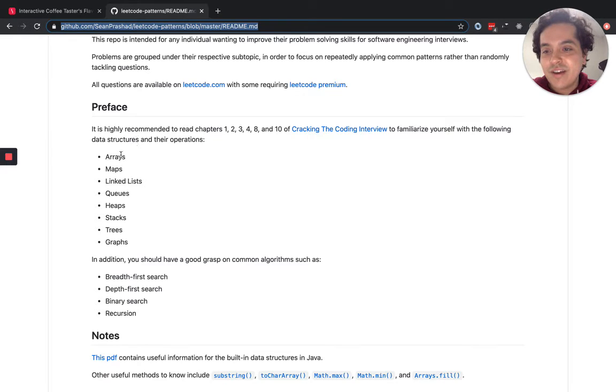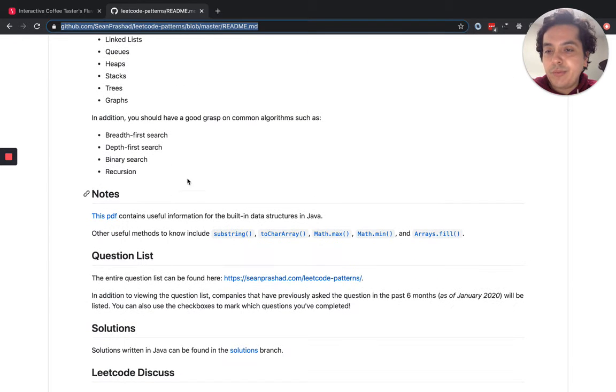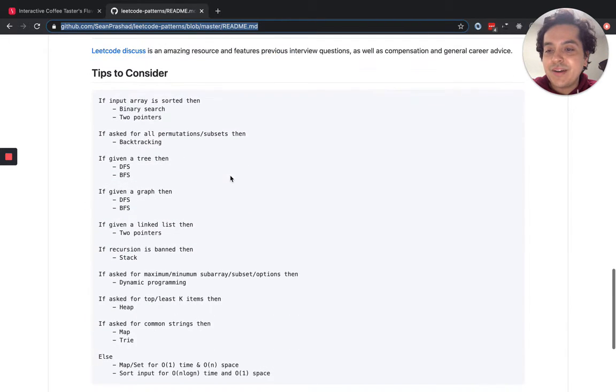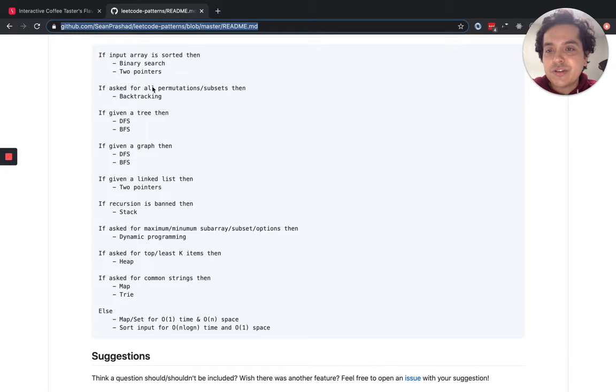For example, your data structures: arrays, maps, linked lists, queues, heaps, stacks, trees, and graphs. And then you have your common algorithms. This is a great resource. For example, if your array is sorted, you have binary search and two pointers as potential patterns. If you're looking within two heaps, like trying to find the smaller and larger number of two arrays, heaps are great for that. For arrays as well as linked lists,